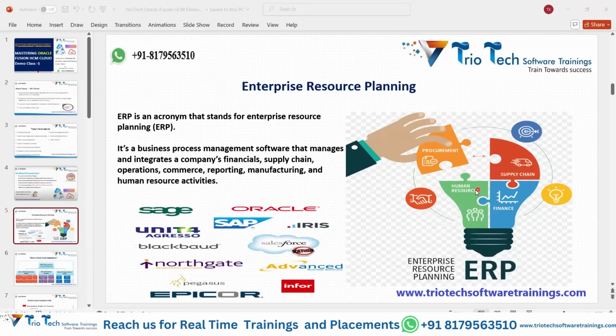In any organization, this technology will be used for conducting the HR business activities. Like the HCM team, we have Oracle Fusion Financials Cloud for finance operations. We have Oracle Fusion Supply Chain Cloud, SCM, for supply chain operations. And we have Oracle Fusion Procurement Cloud for different business activities. Different applications are available